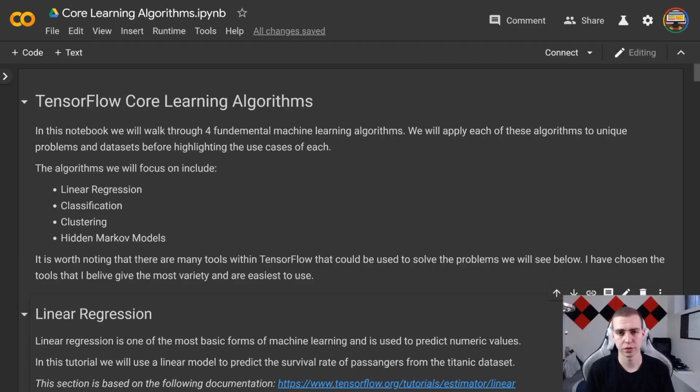So welcome to module 3 of this course. Now what we're going to be doing in this module is learning the core machine learning algorithms that come with TensorFlow. Now these algorithms are not specific to TensorFlow, but they are used within there, and we'll use some tools from TensorFlow to kind of implement them. But essentially these are the building blocks before moving on to things like neural networks and more advanced machine learning techniques. You really need to understand how these work because they're kind of used in a lot of different techniques